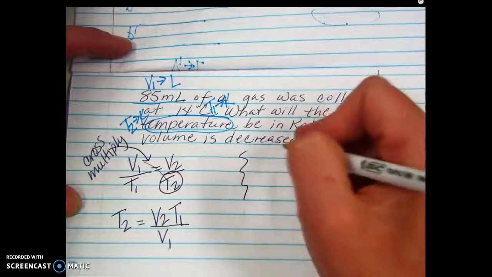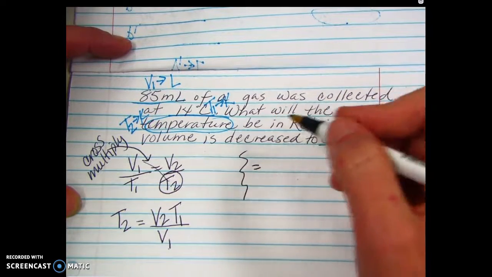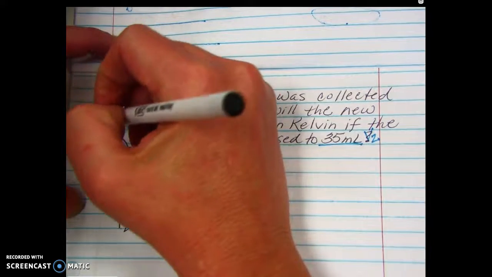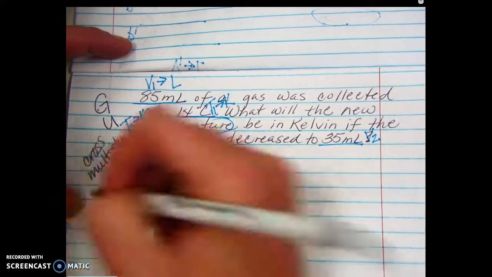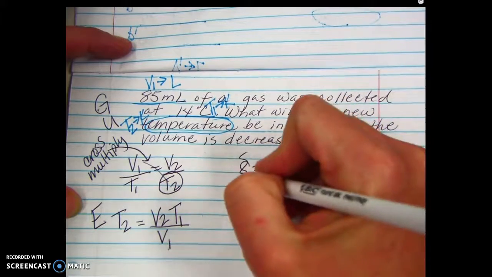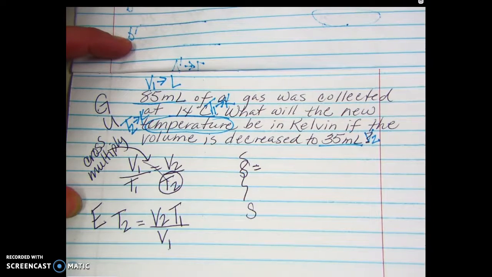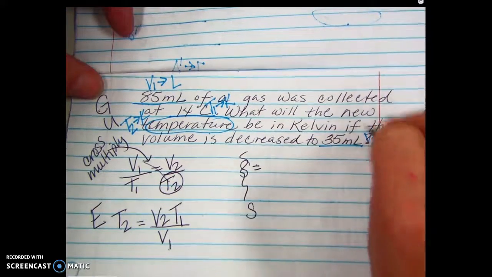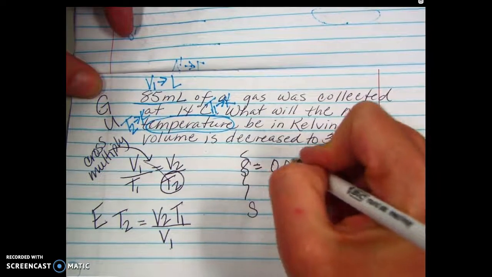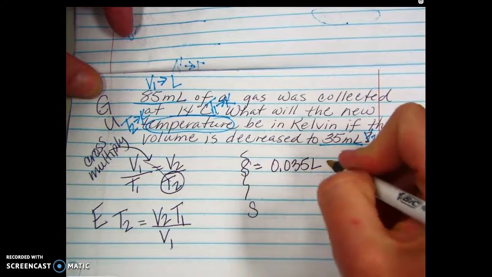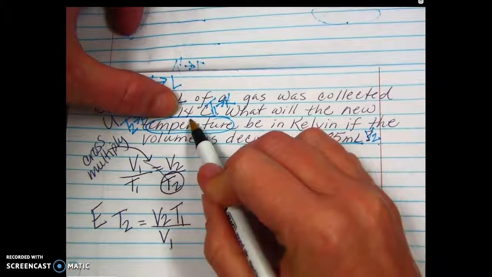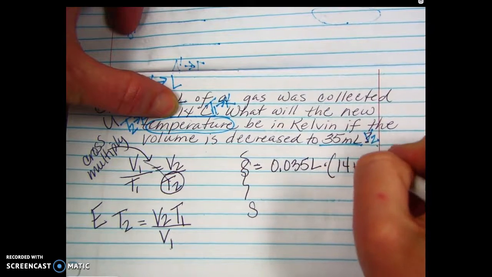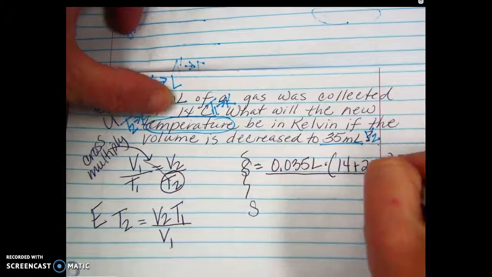Okay, so now let's plug it in. I'm teaching you all how to guess. We're underlining and circling our given and our unknown. We write our equation, then we substitute it, and we will solve it. So we're learning to guess properly. Our V2 is 35 milliliters, so it'll be 0.035 liters times 14 degrees Celsius, but I have to add 273 to it, and I have to divide it by